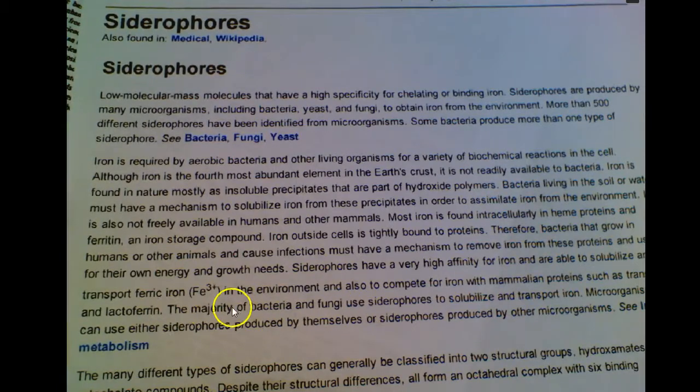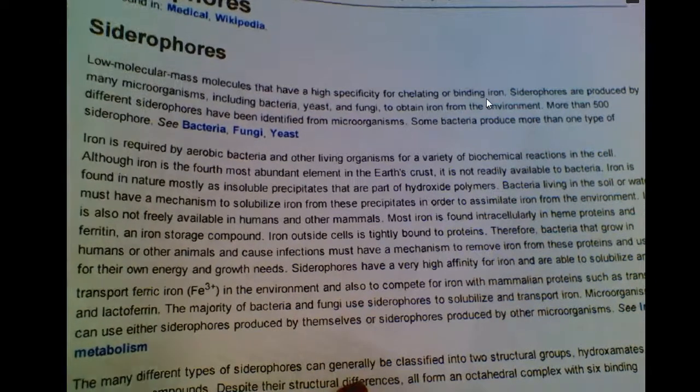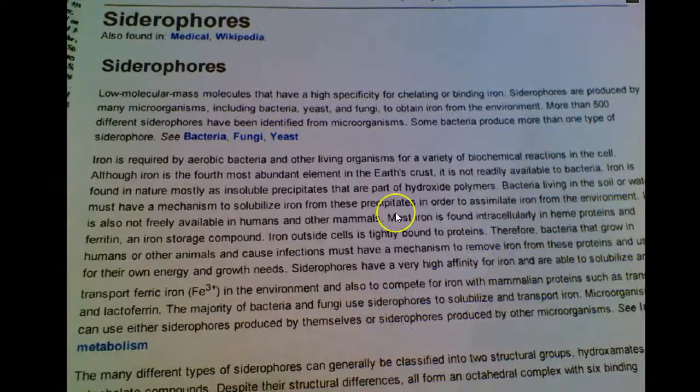So they use these siderophores to basically bind the iron to them so that they can make the iron available to the plants themselves. So there are different types of siderophores,